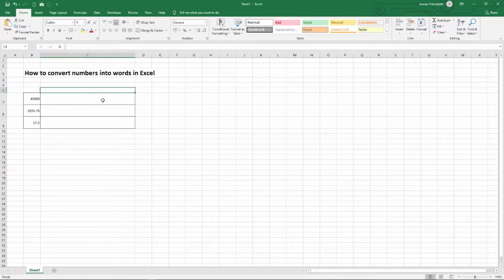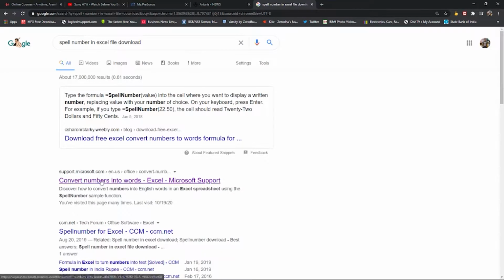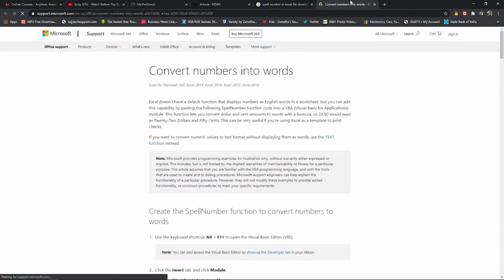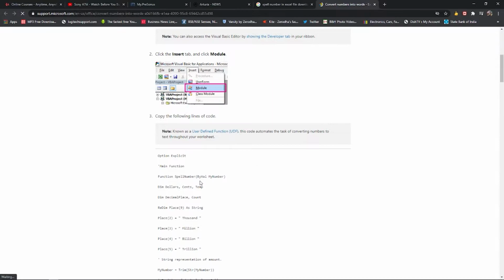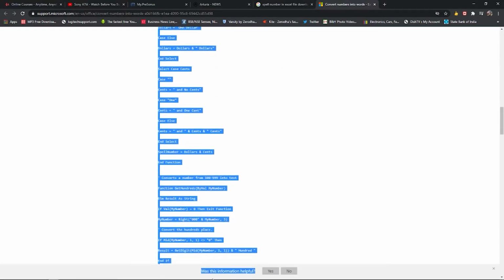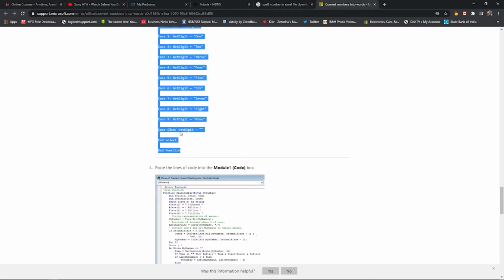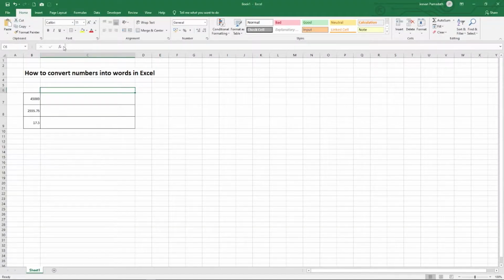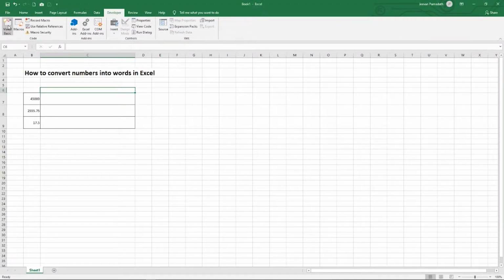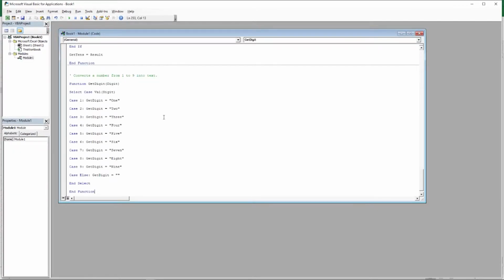Go to Google, search convert numbers into words, the Microsoft support. There are some codes given here already. The UDFs are given. Just copy the whole thing till the end function. Copy, come back to Excel, go to the Developer tab, Visual Basic, insert module, paste the full code there, and press